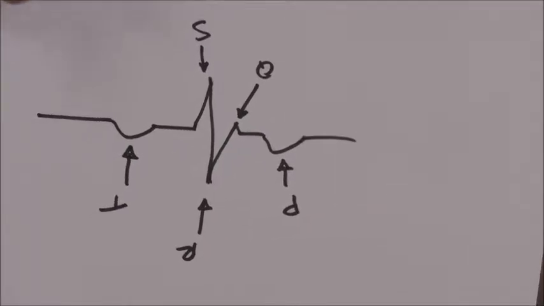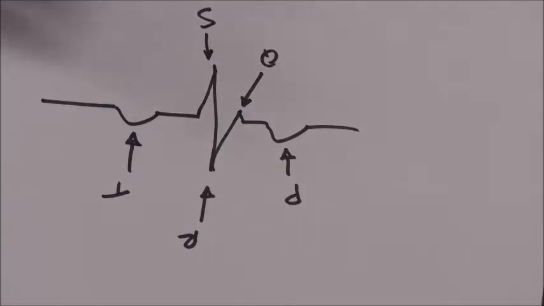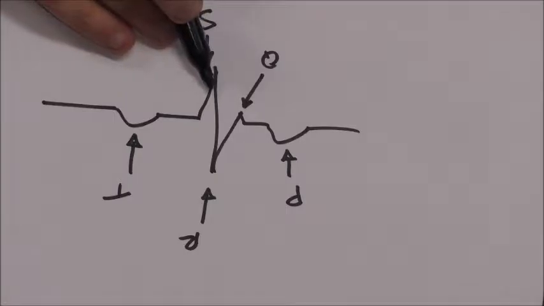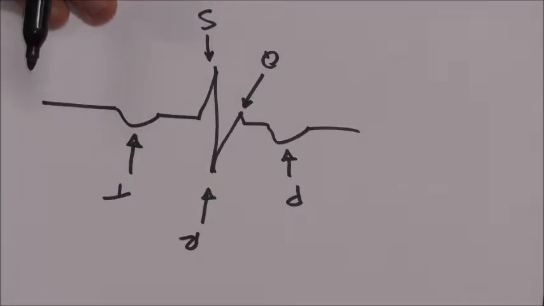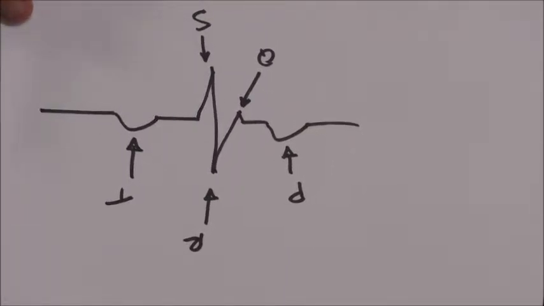So the confusing part, I think, for most people is, if this is what a normal QRS looks like, then how come on your EKG printouts you see all these other representations of it? And that goes into understanding what an EKG actually is. So